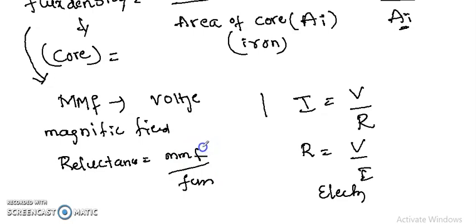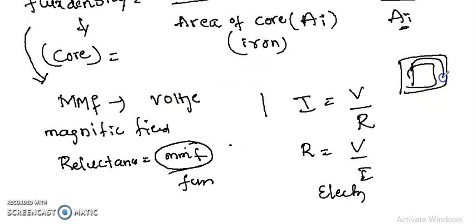It is present in the core of the transformer. It is important to transfer primary flux to secondary, whatever flux is transferring from the primary area to the secondary area. So MMF is important; magneto-motive force is required. It is just like a voltage. MMF by flux is equal to reluctance. MMF we can write like this: MMF is equal to ampere turns.